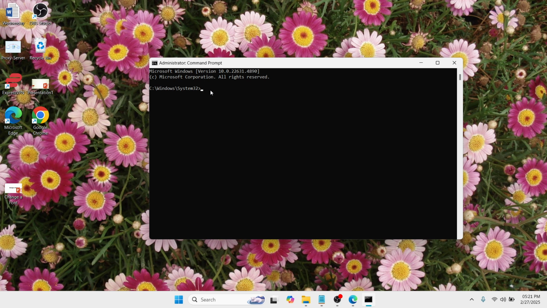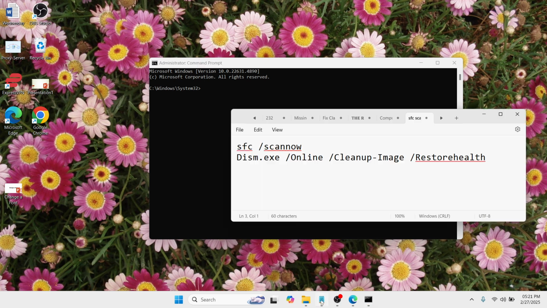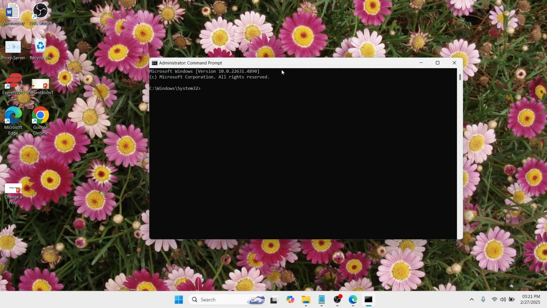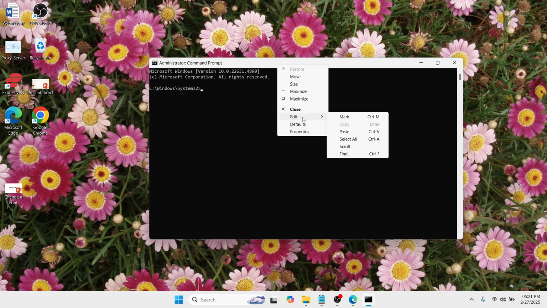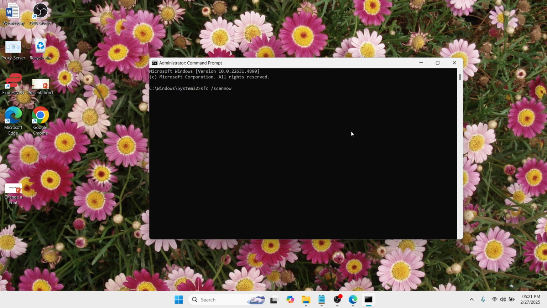Here you need to type this command, just paste it. I'll be pasting this in the description box below. So this is sfc /scannow. Click enter. So this will do a system scan and this process will take some time, maybe 6 to 7 minutes